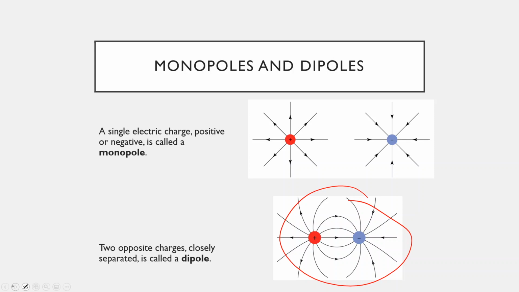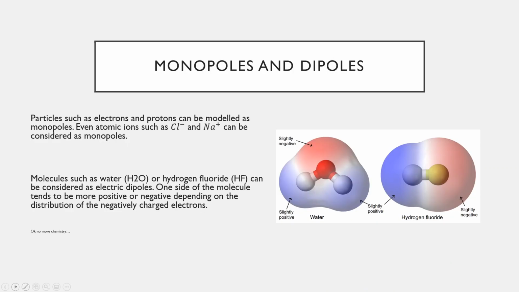Where do you see this in real life? Well, one place you can see it, and this is relating to chemistry now, certain molecules can be considered an electric dipole. So for example, you've got water here. This is the water molecule, H2O, so the white balls are hydrogen and the red ball is oxygen. Just the way that the electrons are shared between the atoms, it turns out that the